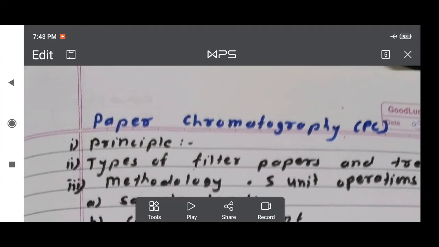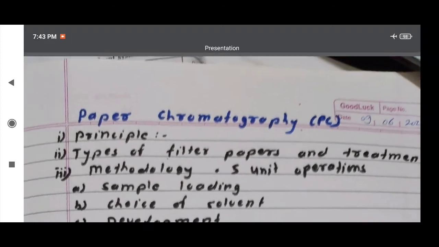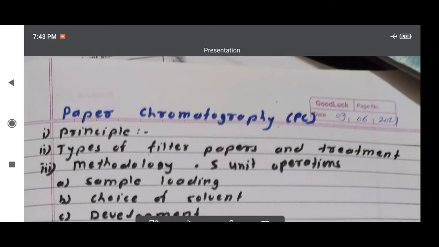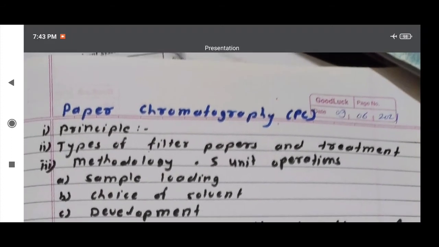In case of paper chromatography, stationary phase is the liquid held to filter paper, and mobile phase is also a liquid which moves over the stationary liquid phase. So it belongs to liquid type chromatography. Then what is the principle of paper chromatography? Here